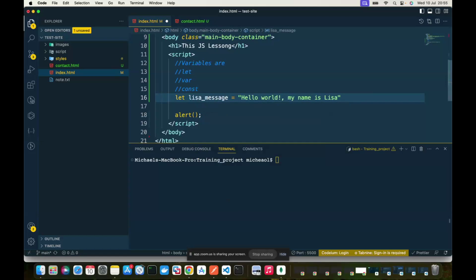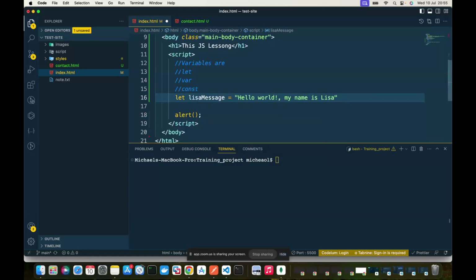You can write it like this, or there is what is called camel casing. Camel, we all know camel, right? So there's what is called camel casing. I will say Lisa, then the next word is going to start with a capital letter. Message.